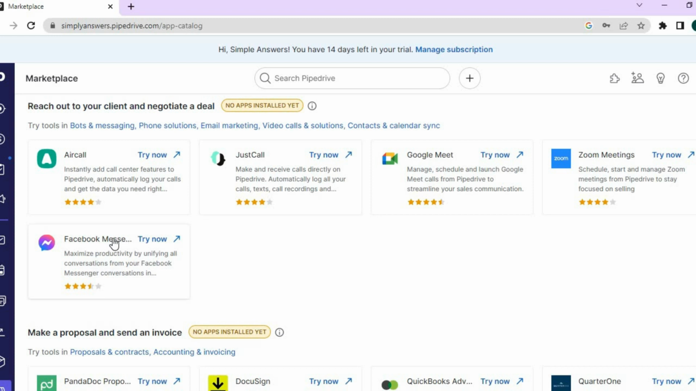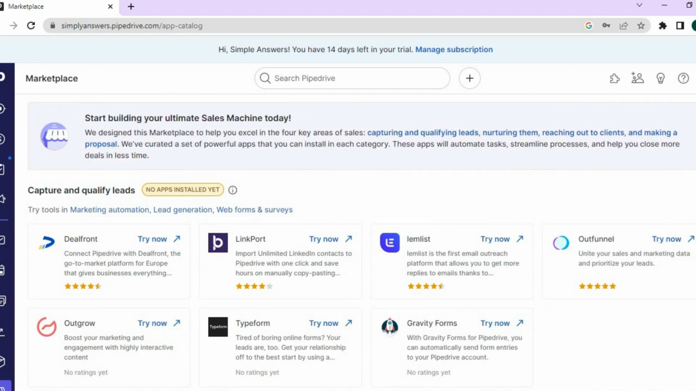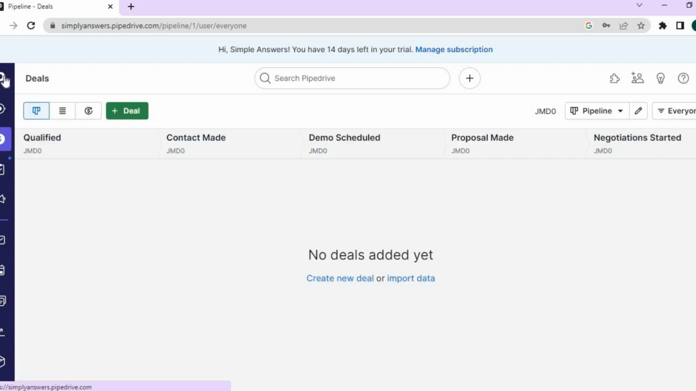So you can integrate Facebook Messenger if you want. You can also add Google Meet or Zoom meeting, or if you would like to add AirCall, you can also do that as you can see right here. They offer numerous options. You can also add Gravity Forms or Typeform if you want. And to go back again, all you have to do is tap on the P in the top left hand corner. And from here, if I would like to add a new deal, all I would have to do is